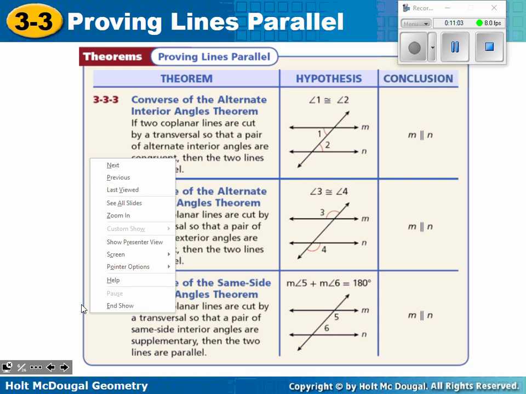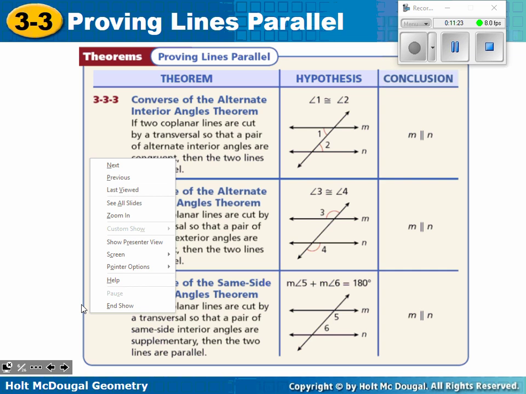Converse of. And again, I'm going to stress, the only time you use converse is when your statement is about lines being parallel. If you're trying to prove lines parallel, you use converse of. If you're trying to say angles are congruent, you use the original theorem. So this would be converse of same side